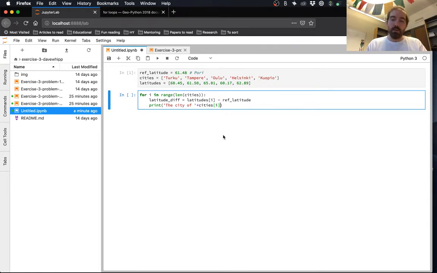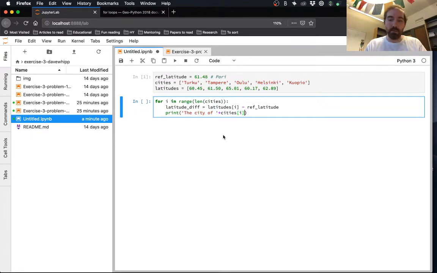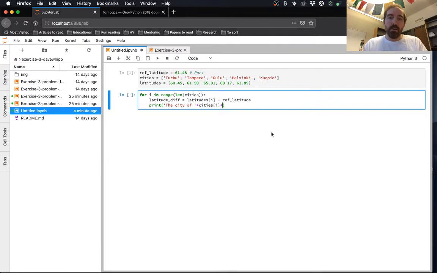The city of that is, and then we're going to add in another piece to our string. We have to use the string conversion command, this str, because what we're going to report now is our value for latitude diff that we have here.